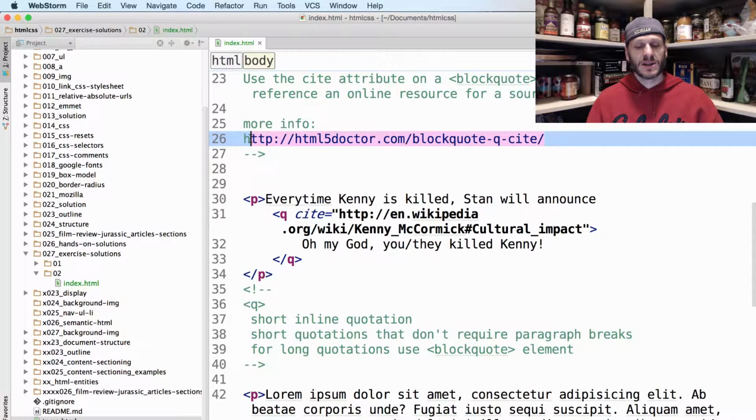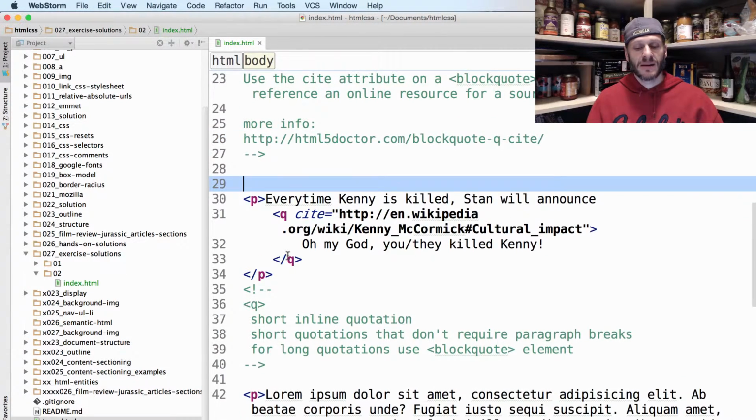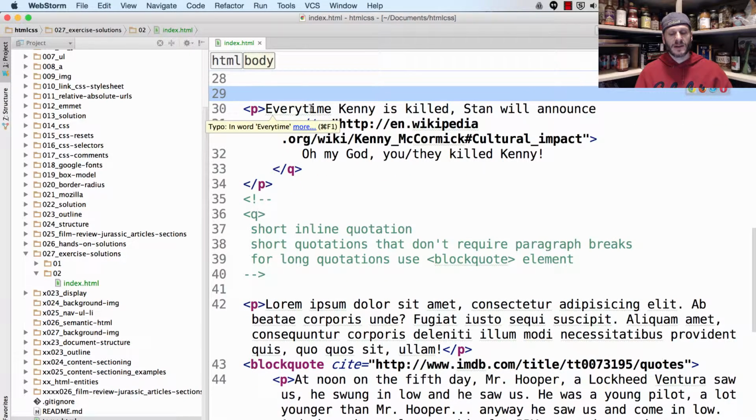Here's an article that goes into crazy detail. You can check it out. So here's a paragraph. Every time Kenny is killed, and this is straight out of the standard documentation, kind of a crazy example, right? Stan will announce, and then we have a quote, "Oh my God, they killed